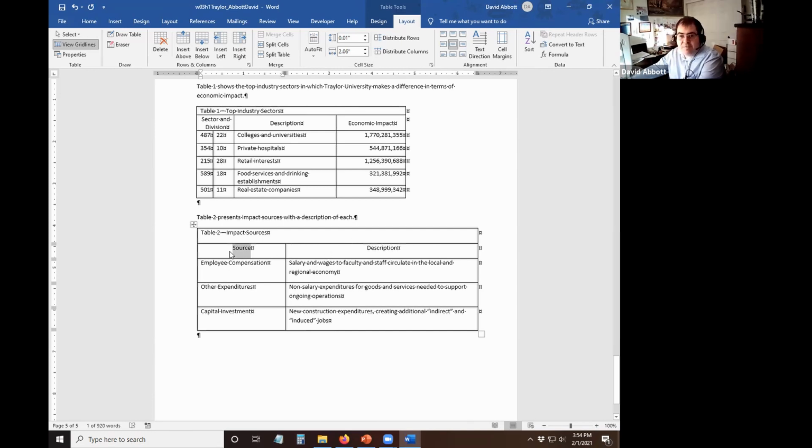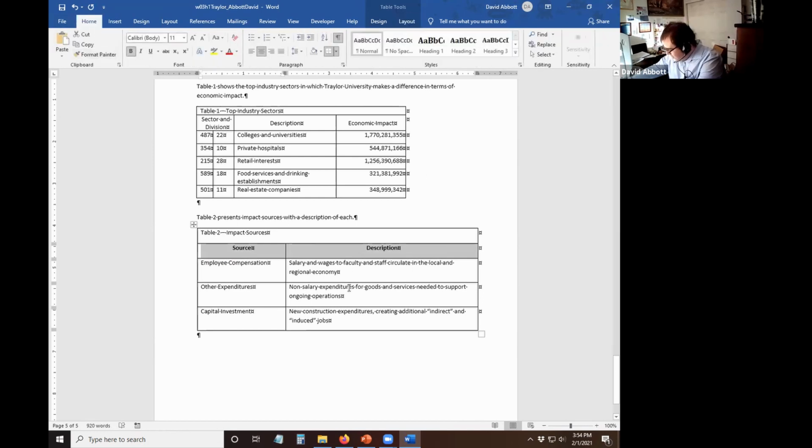go to the Home tab. So we'll make those bold. And also the contents of row 1. So right here, okay. So now the next thing we're going to do is we're going to go ahead and